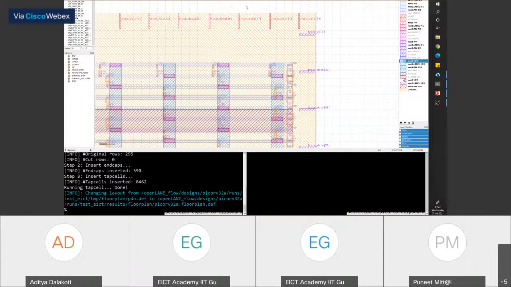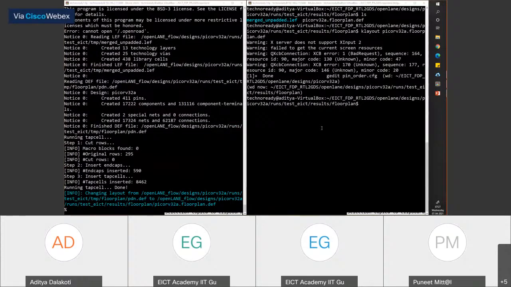Yes, Ruel, you are absolutely correct. Venkat is getting an error that there is no variable called fp pin order config. That basically means that you have actually not put the pin order config. So since people are getting this error, I will repeat the steps which you might have missed.